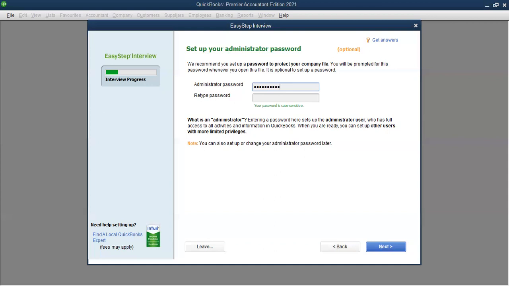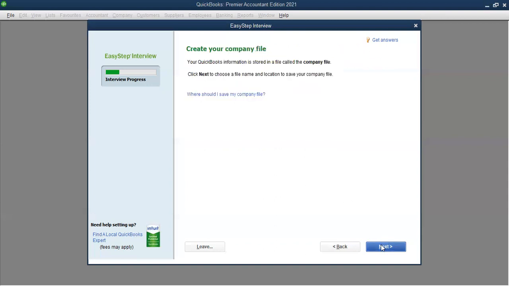Charles 123. I'll re-enter the password as Charles 123. The administrator name is always admin. If you don't change it, it will remain as the admin name. But for you, just put the password. If you want to change the admin name, you can also change it. Then you press